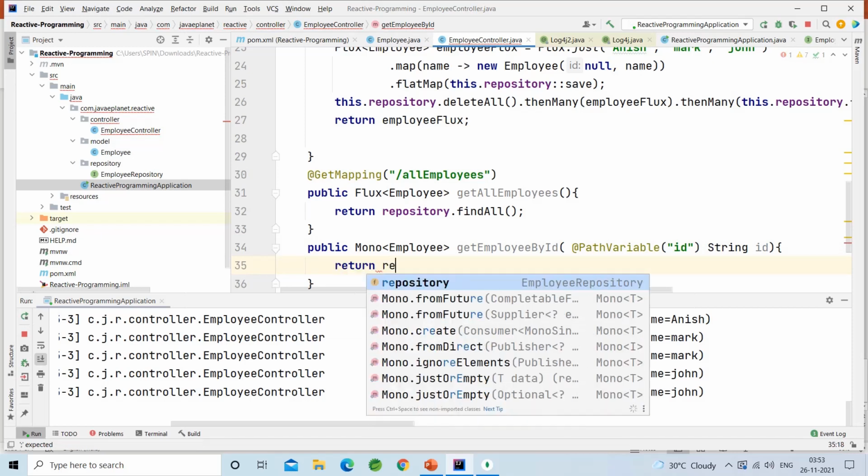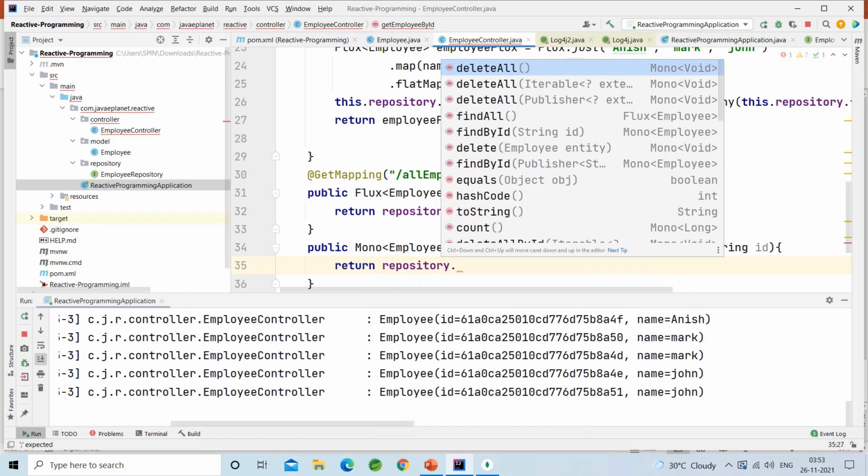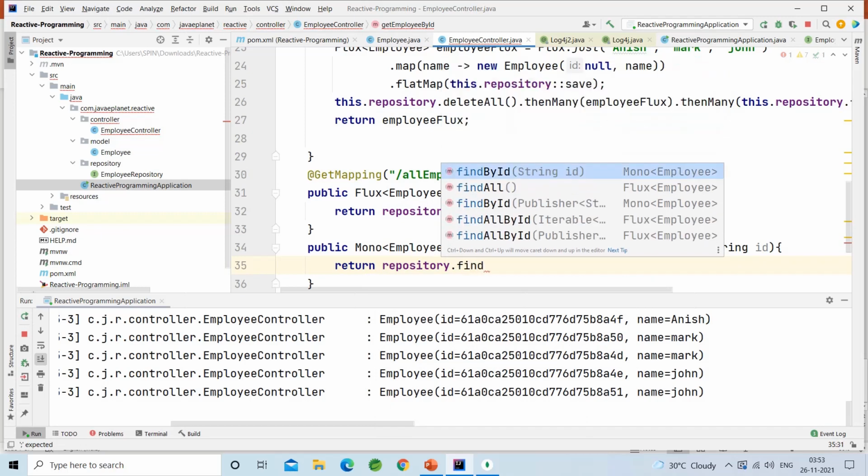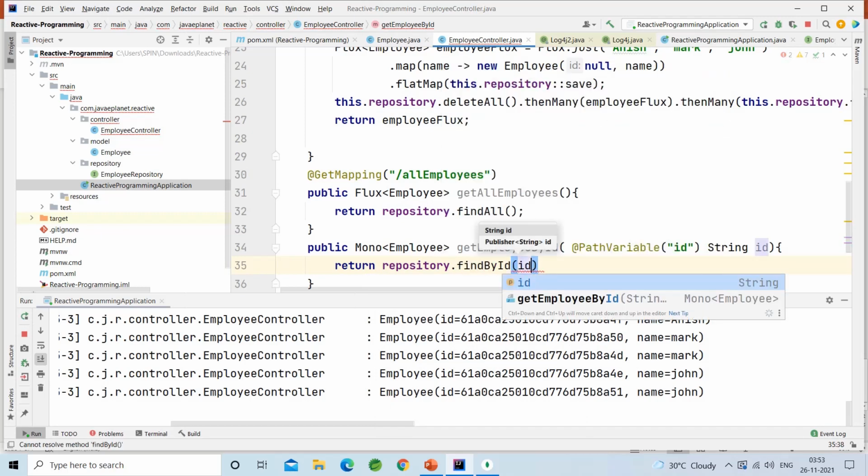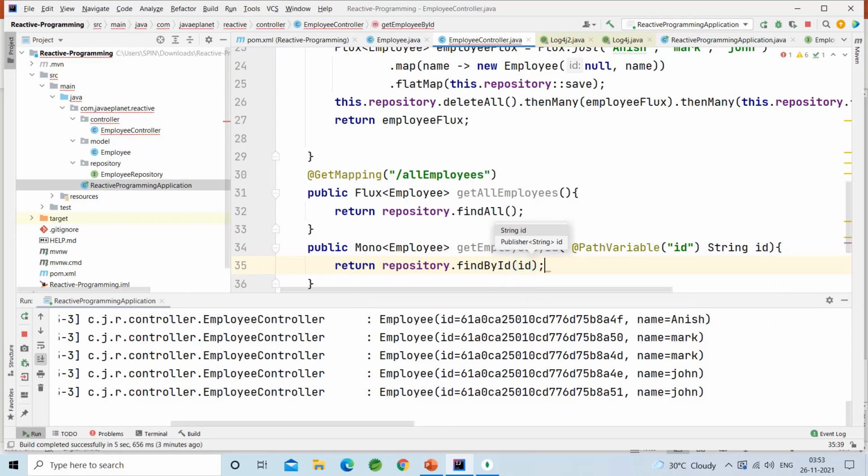Return repository.findById, pass the id. That's it.